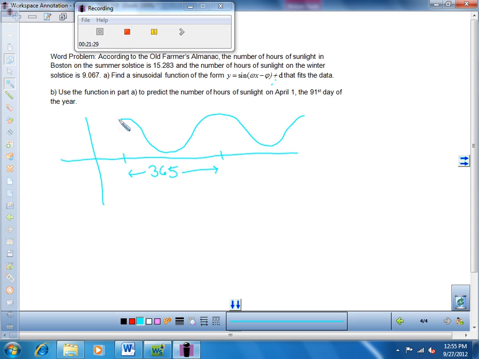Well, it's easier to model as a cosine function than as a sine function, because then you're going from top to top instead of starting in the middle. See, you could model that as a sine function, but then you'd have to shift it a quarter of a period. You know what I'm saying? Okay? So, the way I would do this first is find the amplitude. Okay? And the amplitude is the high point, which is 15.283